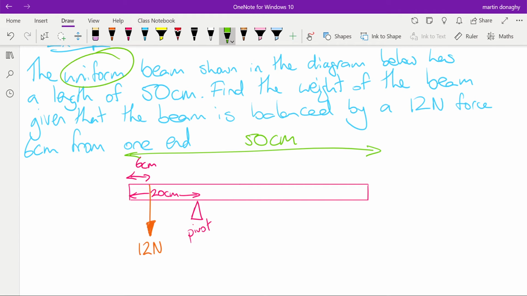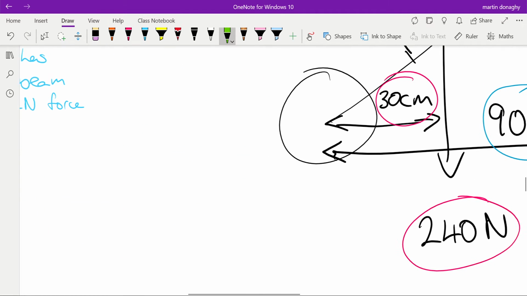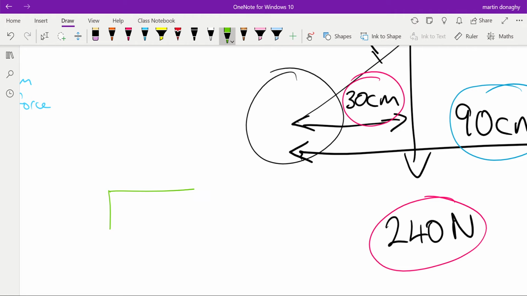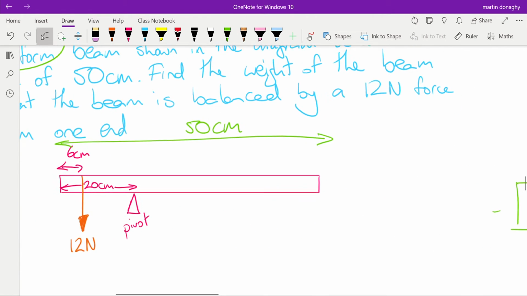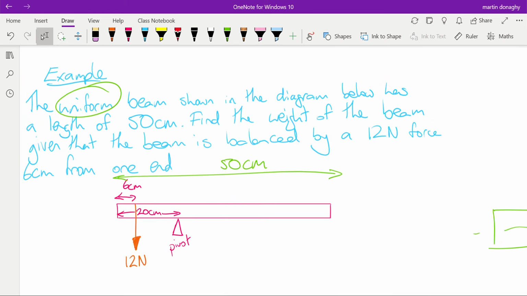Now, the fact that this uses the word uniform beam means it's the same thickness the whole way along. And we know from year 10 work that any sort of rectangle has a center of mass in what do we call the center, okay, because it has those two axes of symmetry. And we can take that center of mass or center of gravity to be where we take the weight to act from. So, the other thing I can tell from this that isn't marked on the diagram,